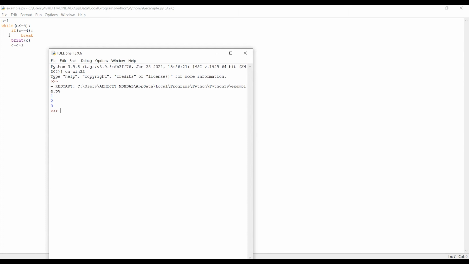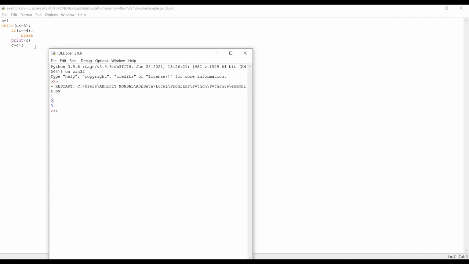As we can see, when the value of c was 1, the condition for the while loop was true, and the value of c was not equal to 4, so it didn't execute the break statement and simply printed c and then incremented by 1, and the value of c became 2. The condition for the while loop was again checked, and again the if condition was false, so it didn't execute break and simply printed the value of c and made the increment.